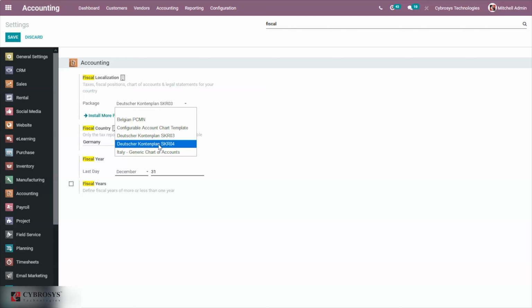So one must ensure that the chart of accounts is selected for the company before making an account entry. From the accounting configuration settings, you have to choose this one. But once an account entry like an invoice or bill is generated, it is not possible to change the package. So we have to choose the correct package from here.